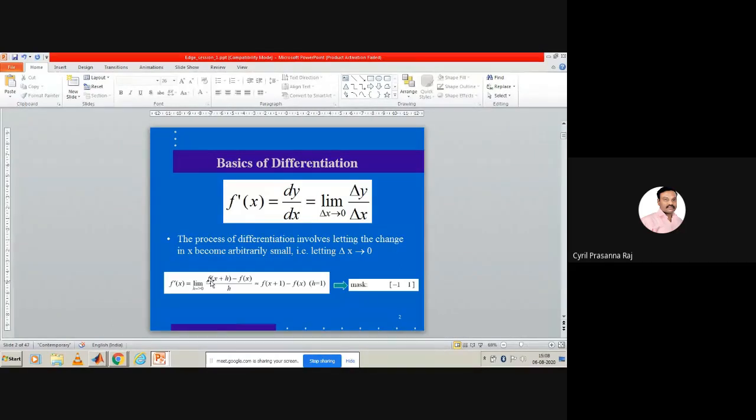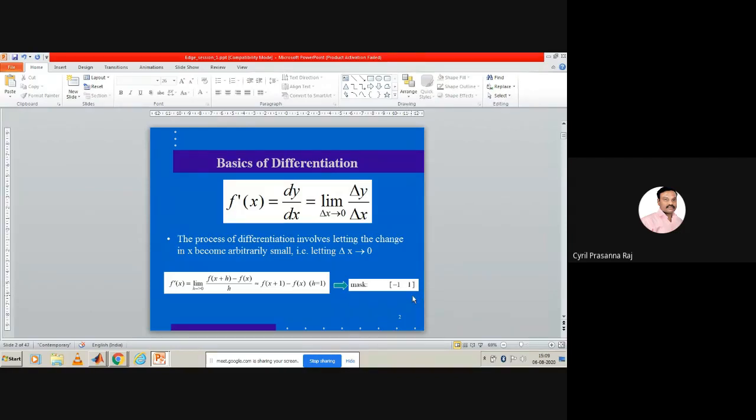Whenever the function moves from f of x to f of x plus h, you take the difference and divide by the small incremental change in x, and setting the limit h tending to 0, we call this simple differentiation. Now assuming h equal to 1, this is represented as f of x plus 1 minus f of x, or simply we write it as minus 1 and 1. I'll tell you what this is all about.